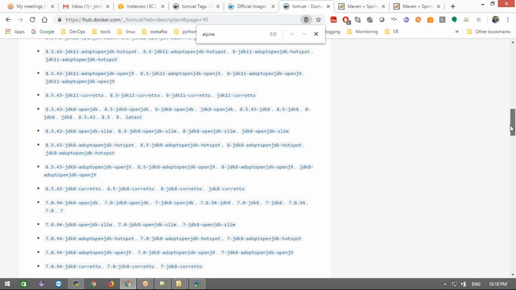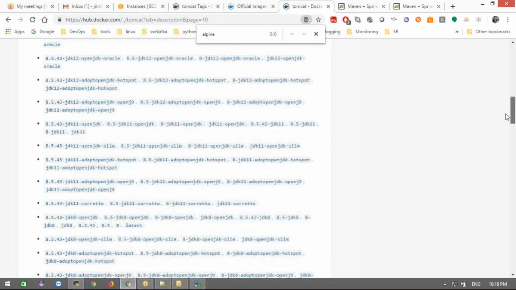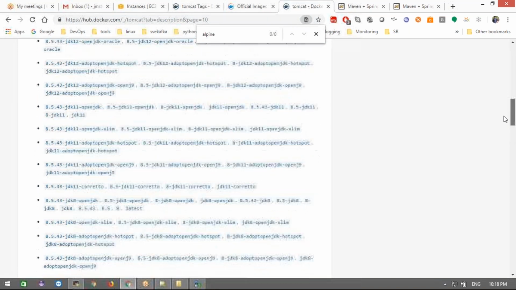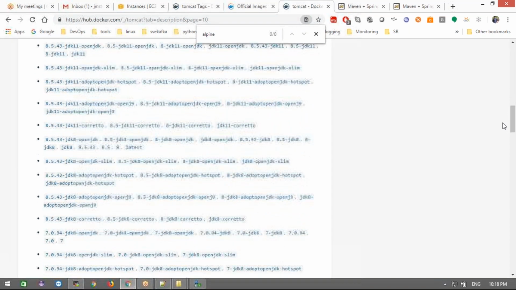That's how they are giving those name tags. It's not there in this list. Okay, let me do one thing. Let me take another one. Let me take slim. Let me take this name. Instead of JDK, we can take JRE also. It will take a lot of space.